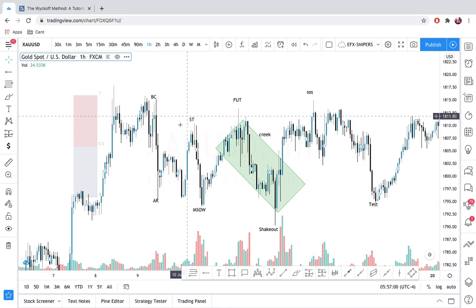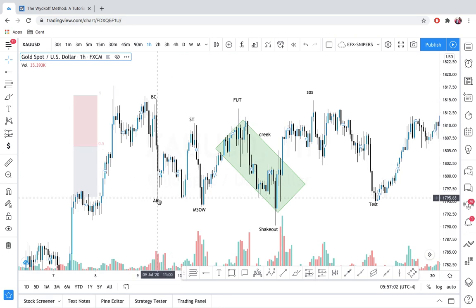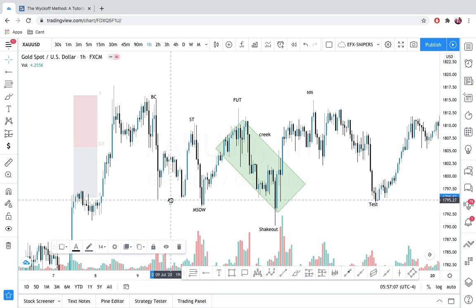Then when the market drops again, because it's still on the same line, this is like equal lows. You can consider all of it as the automatic reaction. Then the market pushes up to give us what we call a test. Here, the secondary test comes and gives us the major sign of weakness. Then we push again more up, because here we're supposed to have what we call, I'm sure this is the FE,